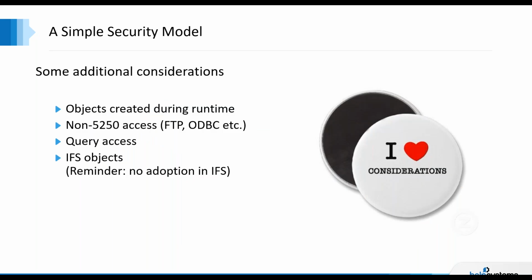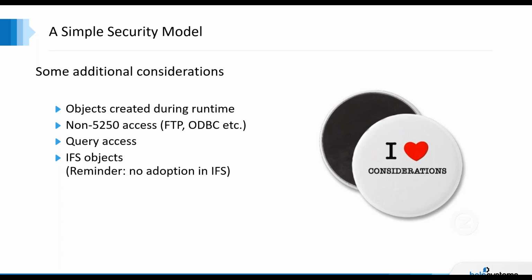There are some considerations within this model. Number one, what if there are objects being created during the runtime of the app? So if there is a check posting process whereby user 1 creates the file and then user 2 runs with the file, we have to consider that. Again, when we create those objects, remember, we have to not only create the object itself, but we also have to acknowledge that there's probably a change of ownership required and the assignment of a public or private permission for the other users. We also have to consider if there's non-5250 access, meaning that if we're coming in through FTP